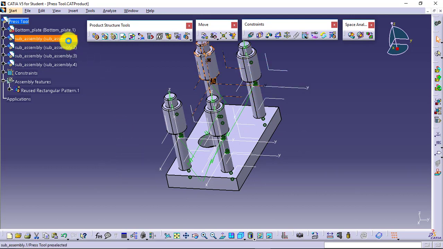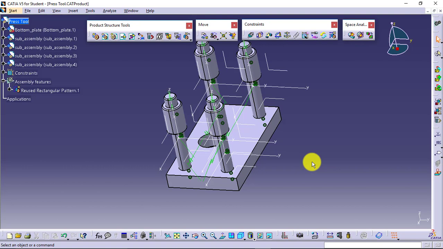We can use sub-assembly so that it will be easy for us to create these types of pattern. Otherwise, I'll first place this part, create it, then this part, then this part, then this part, 4 parts, then these 4s, 8 parts. I'll need to insert, I'll need to constrain them.